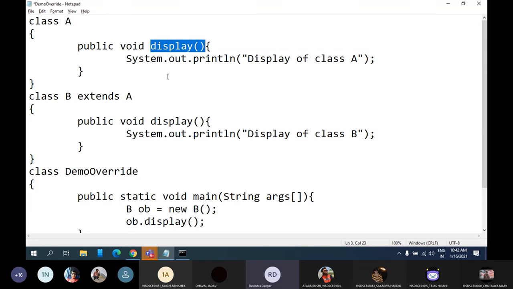So now you are saying this is a bad thing, then why is this concept introduced? If it is bad, and if it is not useful, then this concept would not be there. But still it is there, so there must be certain advantages. So can anyone tell me, can you give your idea why this concept is there? What is the advantage of having method overriding?